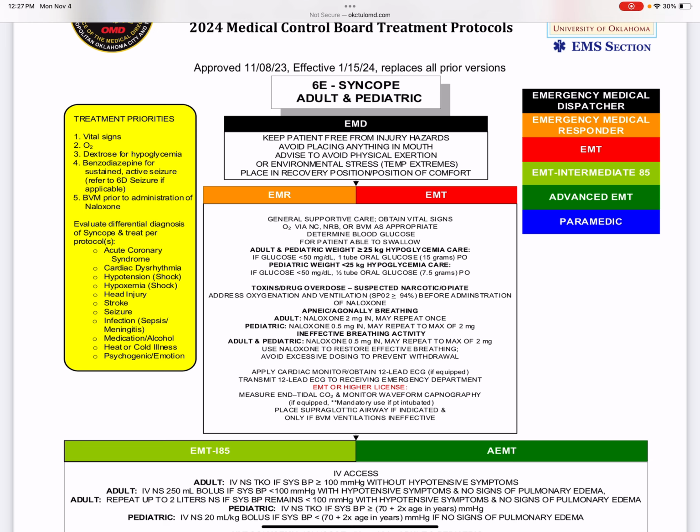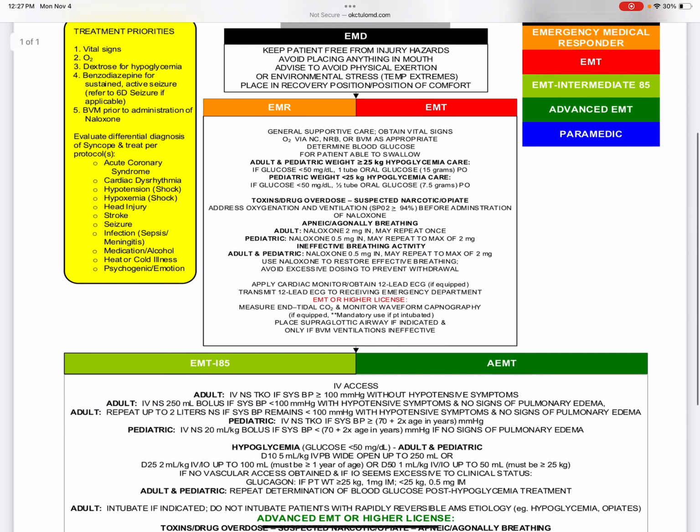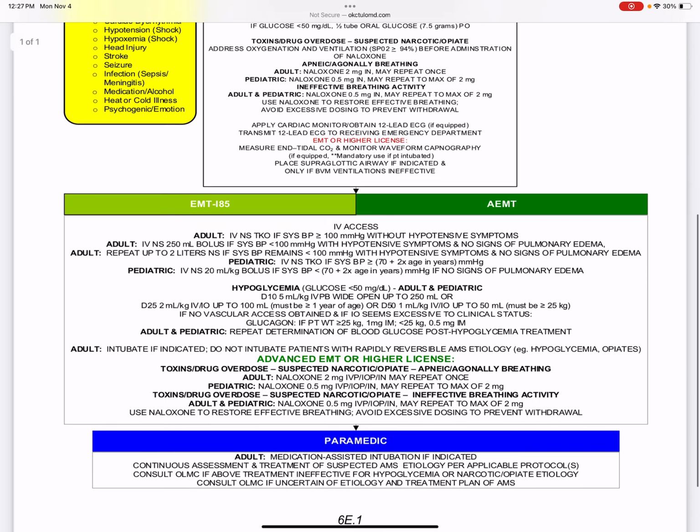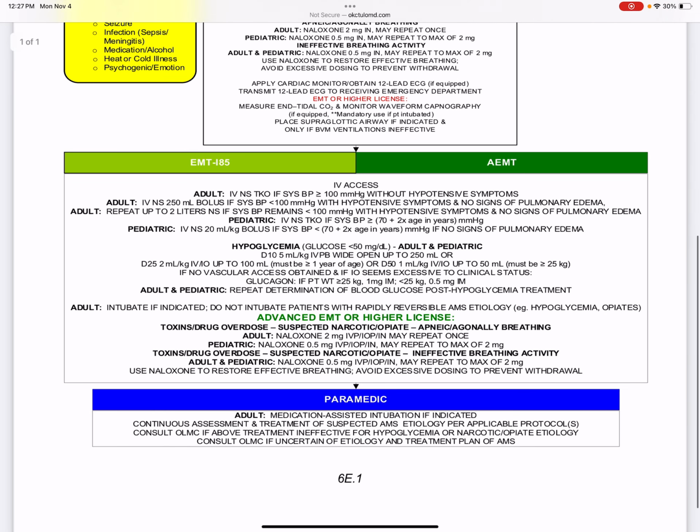I looked over this before we started, and there's nothing in here that we haven't talked about in the last 3 videos. So it's very, very, very simple. It talks about your blood sugar and your narcotic overdoses, and then for paramedics if you need to intubate the patient with medication. At the very bottom it says consult online medical control if uncertain of etiology and treatment plan